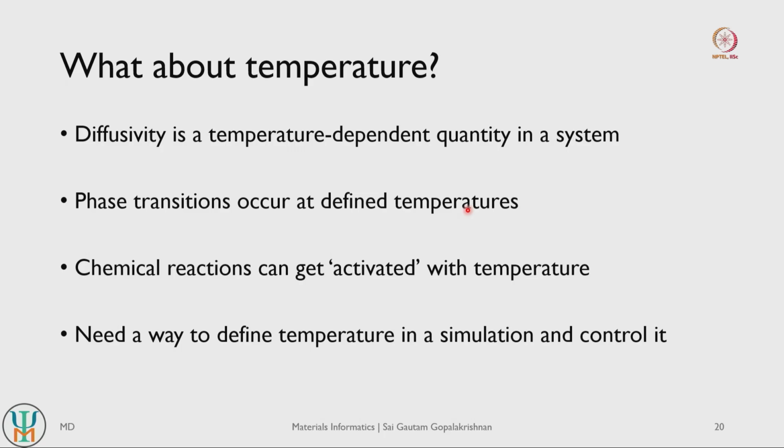So recollect the fact that in simple density functional theory, right, we always have our calculated results at 0 Kelvin. Right, and that is because we are always interested in solving for the ground state of the system, and the ground state of the system variationally occurs at 0 Kelvin, right. So when you have the lowest energy of the system, that is almost always guaranteed to occur only at 0 Kelvin, right. So in DFT the temperature is set very well, and that is at 0 Kelvin, right. But what about in molecular dynamics?